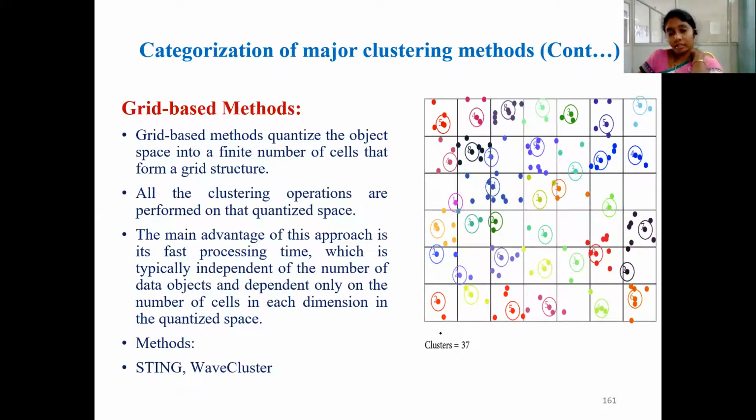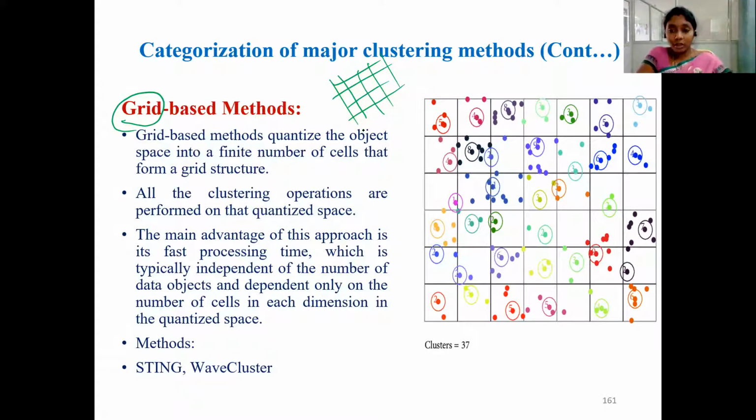And coming to the grid-based method. By just reading the word grid, you can have an imagination of boxes, like this as shown in the picture. You can have some box structure in your mind. So in the grid-based method, the data space which we initially have is divided in terms of grids, and clusters are formed based on the grids, not based on density, not based on the distance.